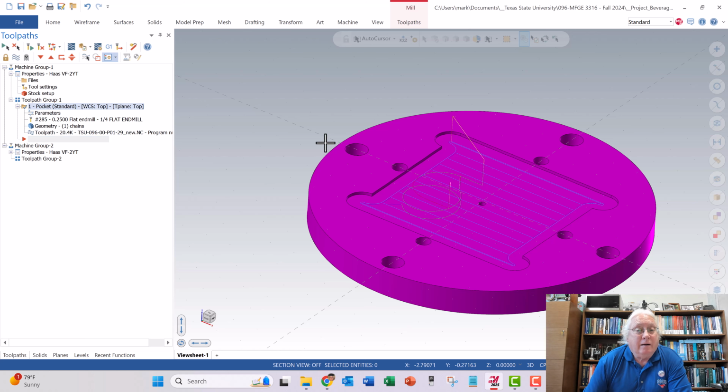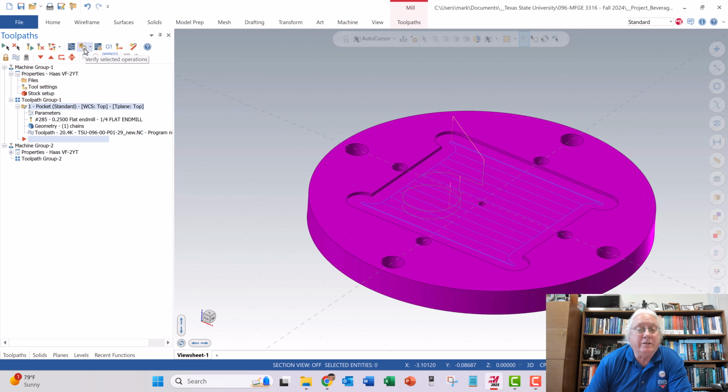Now I want to do a simulation. I want to run the simulation, so I want to select these buttons here. You're going to be using these a lot, and you have to get used to what these pictures mean. So just hover over them. Don't click it. Just hover over them and see what it says. This says select all operations. When I do that, it'll select all these machining operations, and right now I've only got one. But I'll hit select all, and then I want to hit this button right here,